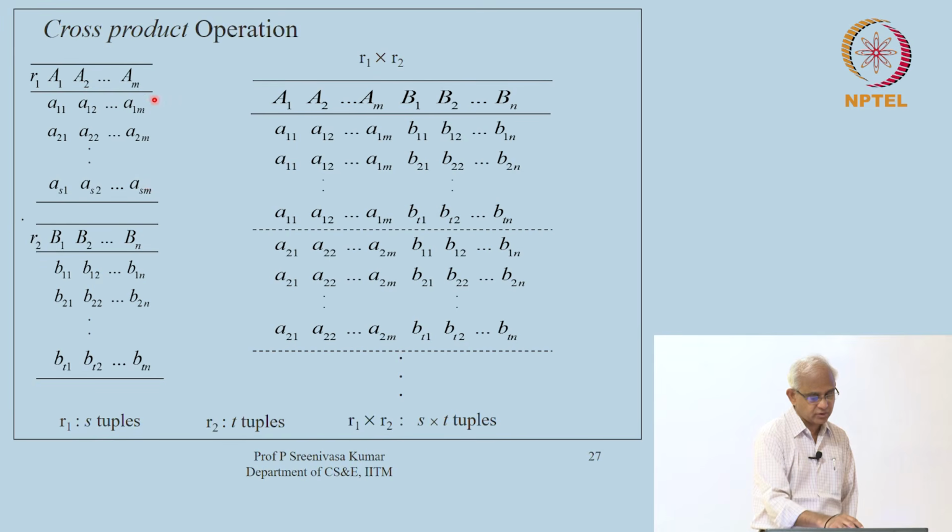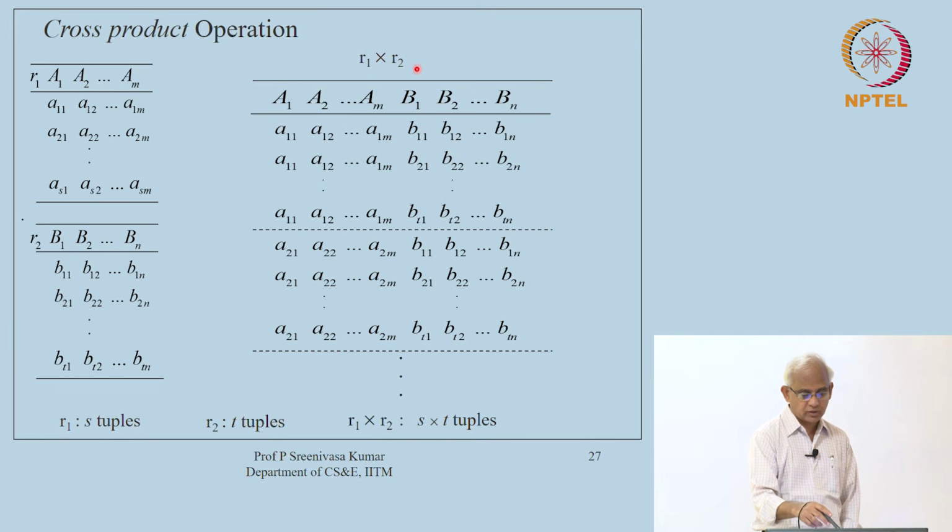So, there are S tuples in the first relation. In a similar way, R2 has B1 through Bn, n attributes, and it has some T number of tuples. So, R1 has S tuples, R2 has T tuples, and so we will now define this